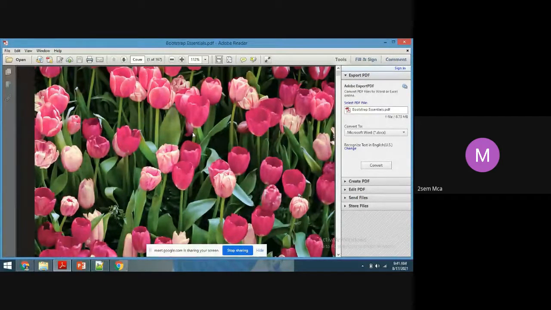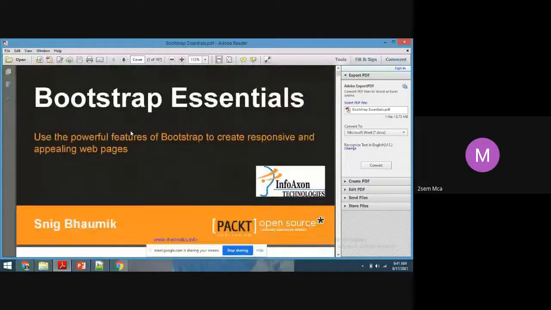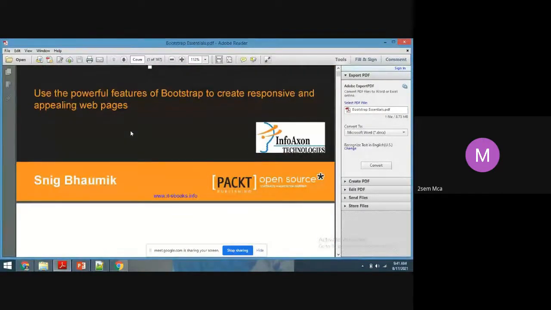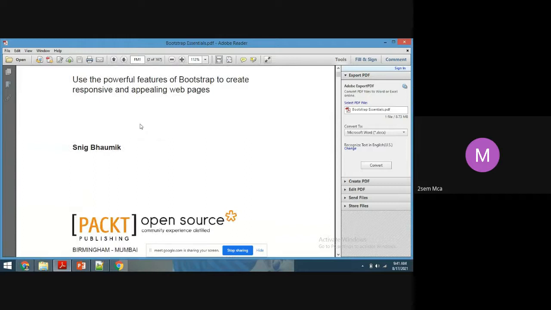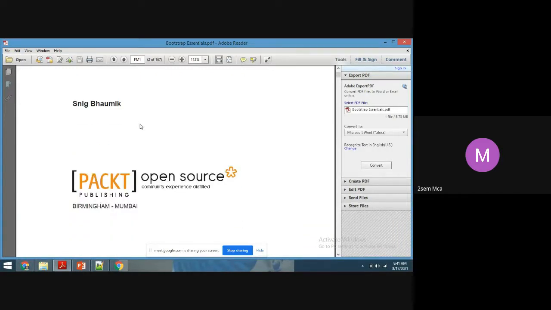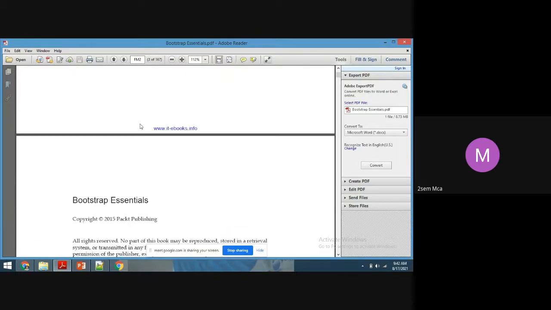Similarly, in Bootstrap we have almost the same concept, but here you need to include some packages. Those packages are available on the internet. Download those packages, and I'll tell you how, and include them in the program so that you can execute the Bootstrap program.